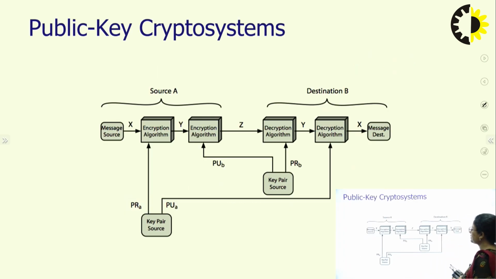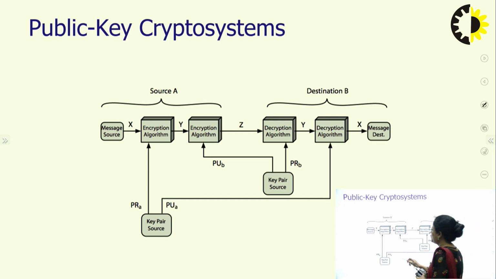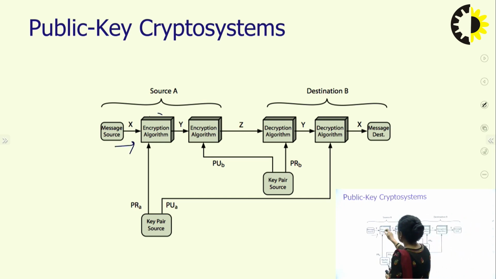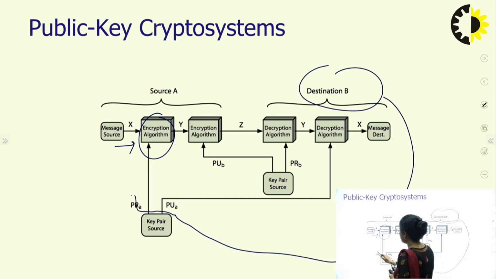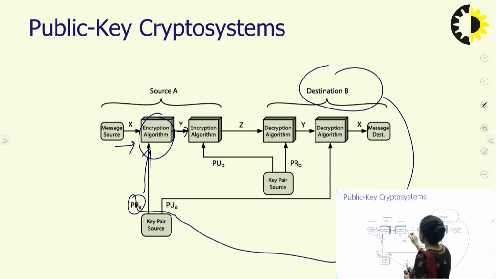So this is a brief summarization of the public key cryptosystem. We start with a message M. We do the encryption of the message. To do the encryption, we take the receiver's key, we use the receiver's private key for encryption. After the message is encrypted, we get a message Y, and once this message Y is transmitted over the network,